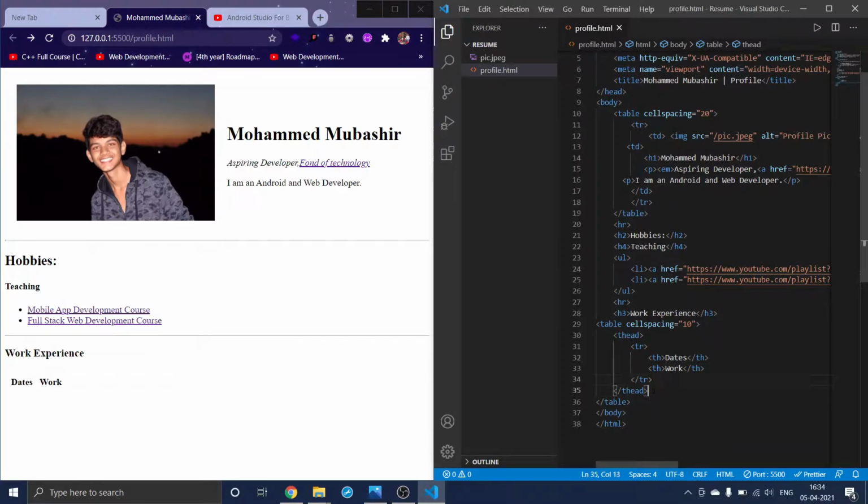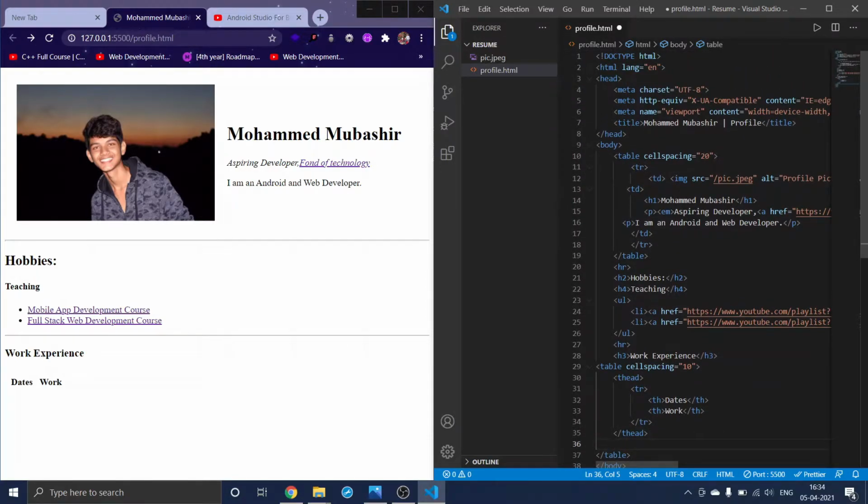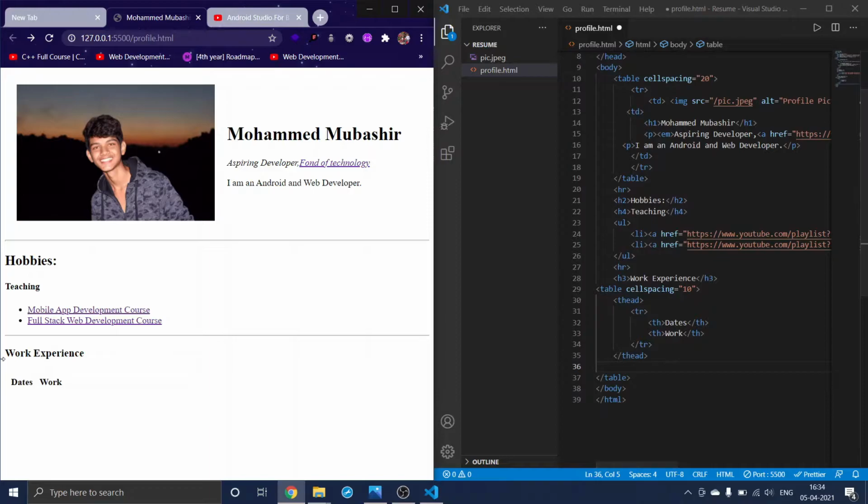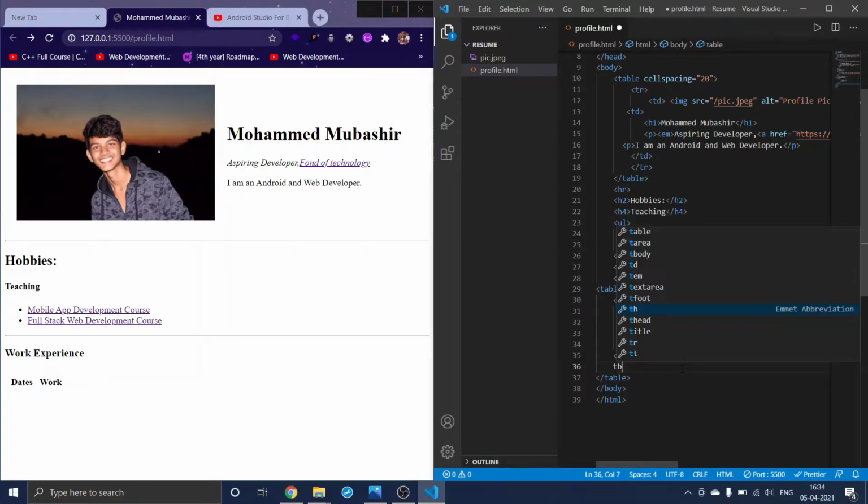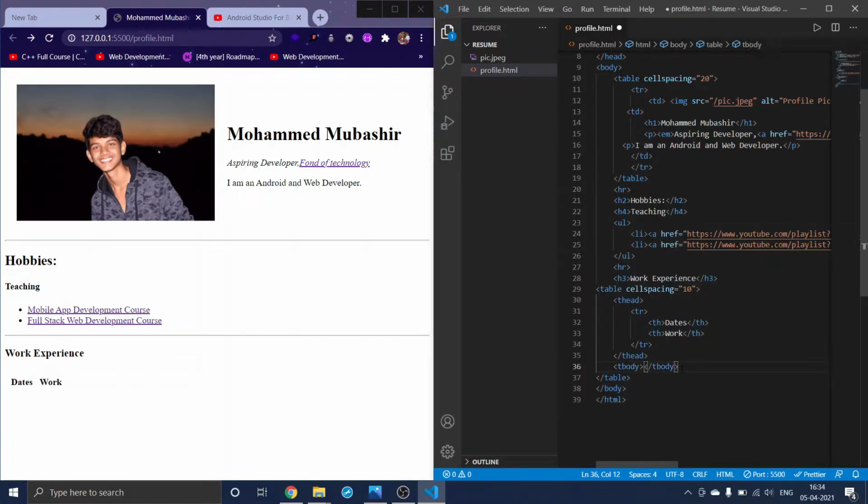And in the tbody, see, why I haven't used thead and tbody earlier is we didn't have headings and table data. We just needed to show my image and some text there. So for that I haven't used thead and tbody. But here we need headings and we need data, right? So for that I'll be using thead and tbody, and here we'll be coming up with the tbody, and in that tbody I will make a row, and in that row we need table data, right?